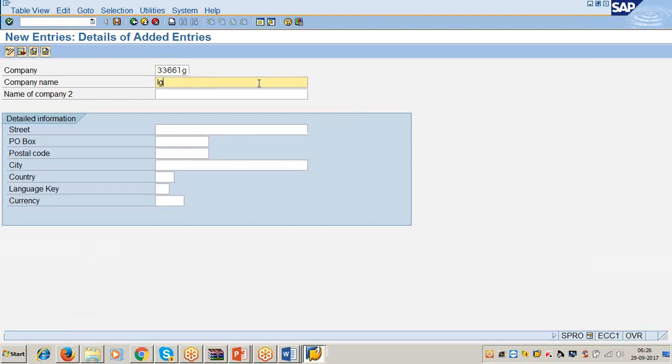Company name is equal to LG Group of Companies. You have to write it like this now. Company name is equal to LG Group of Companies. Now, city is equal to,